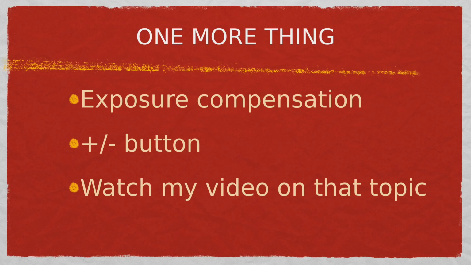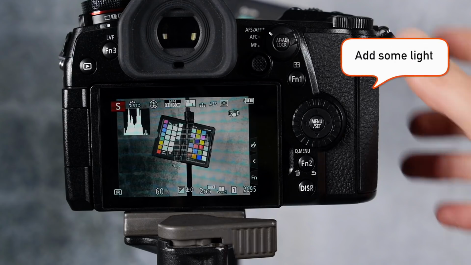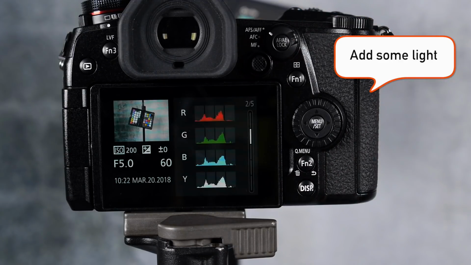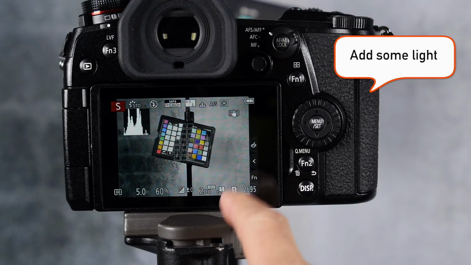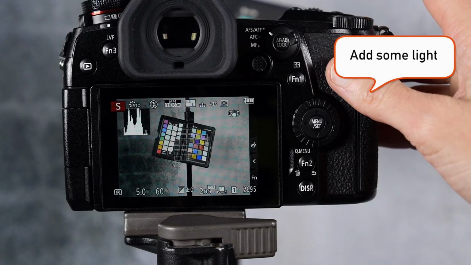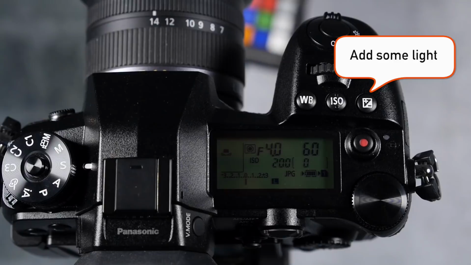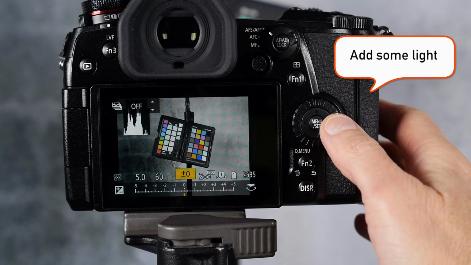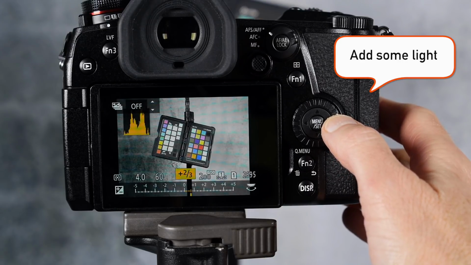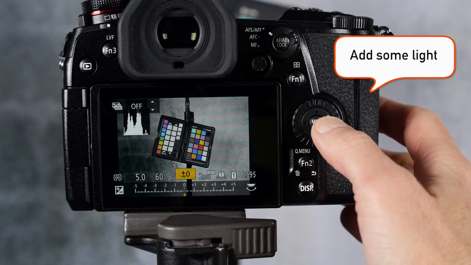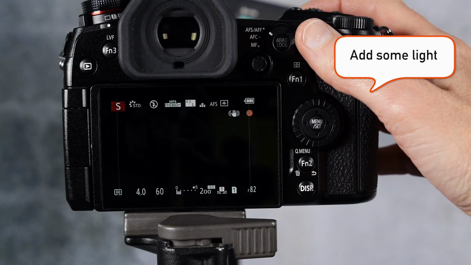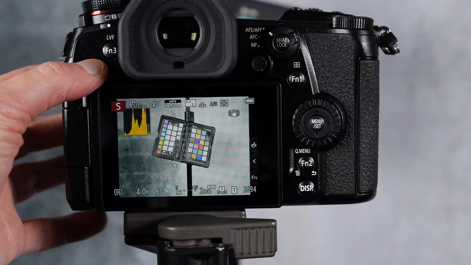Now, there's one other thing I want to show you about exposure and getting your exposure right in the camera. Let's say you wanted to add a bit more light. Okay, so we'll take this photo and let's say we do want to have a bit more in the highlights. What you can do then is push your exposure compensation button, and that on this camera is on the top, sometimes known as the plus minus, and you can add light that way. So you can see that it goes up in 1/3 of a stop increments. So I'm doubling the amount of light here, and let's take another photo, play them both back.